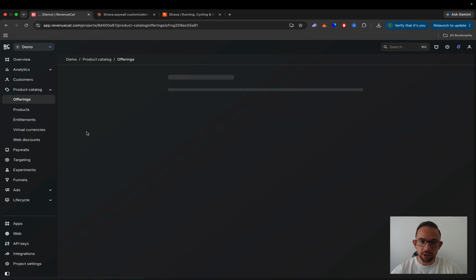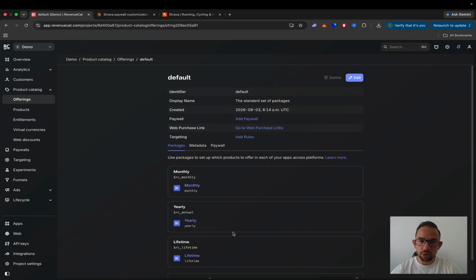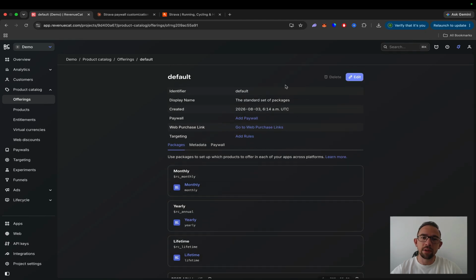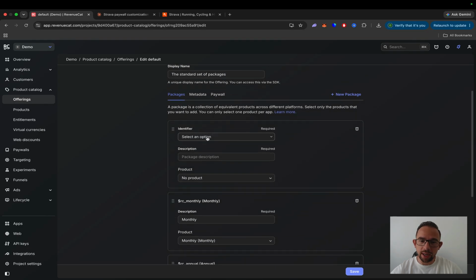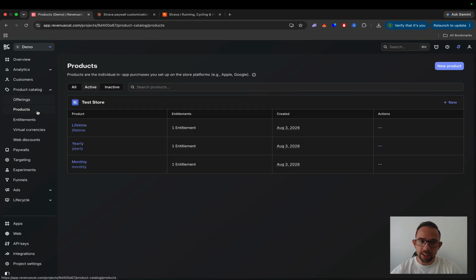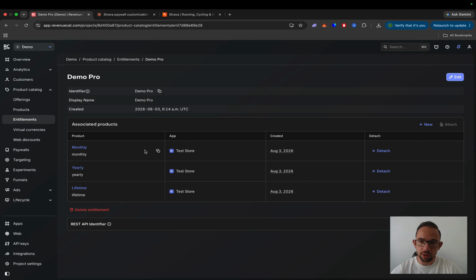So for the offerings, under default, we have the different components, and then we can add a new one. So to add that, we can say edit, and we can go here, new package, and add the weekly option. Once you add the weekly option, make sure it's synced properly with the product and with your entitlement, which is just like the new one, add it under it. If it doesn't display properly, click on edit, restructure it. That's it. Then go back to the paywall,